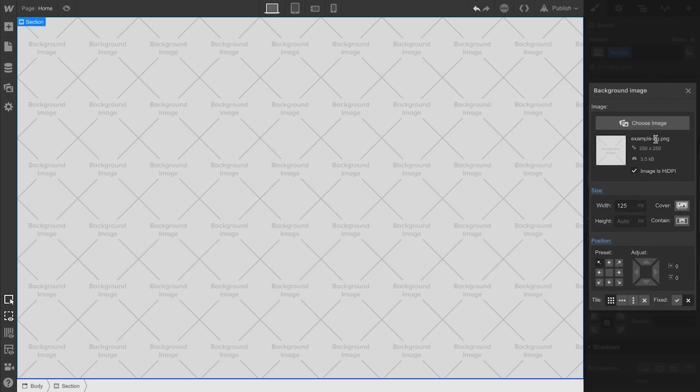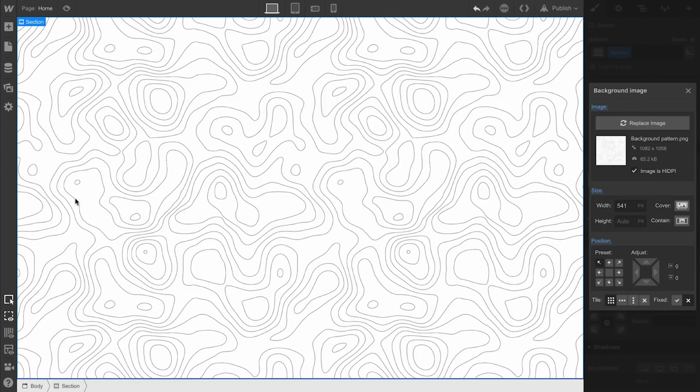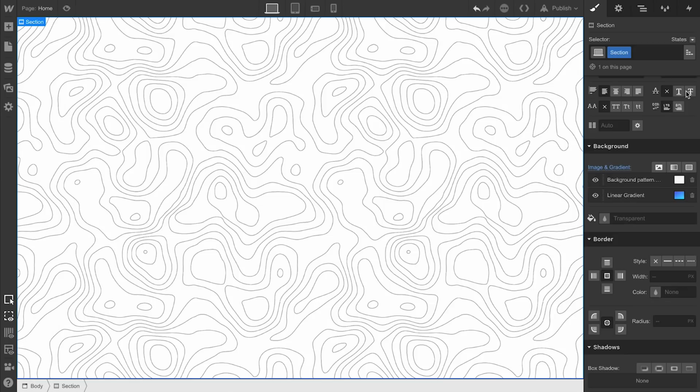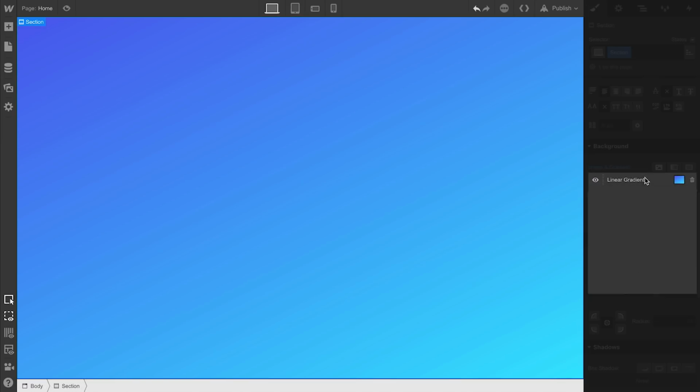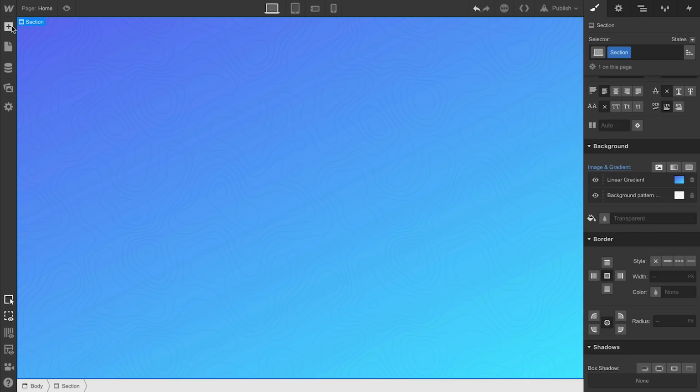Once we're done with that, we can add texture. We're just choosing an image from our assets panel and setting it to overlay. The problem is we can't see it. So what do? We just reorder. We drag the background under the gradient. Then just set the opacity to a little bit lower on each stop. Second stop, let's drag down to 93%. That looks pretty good. We can see the texture in the background.